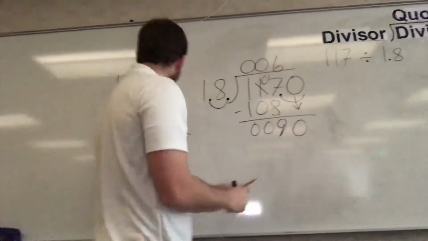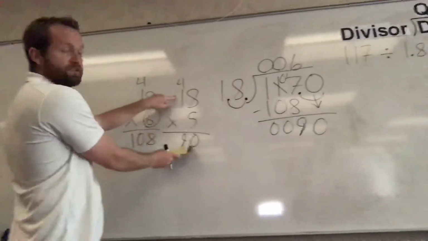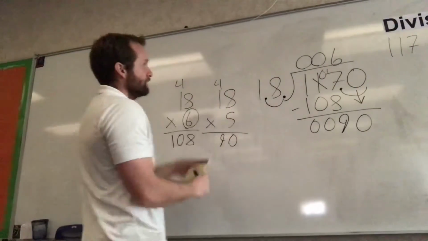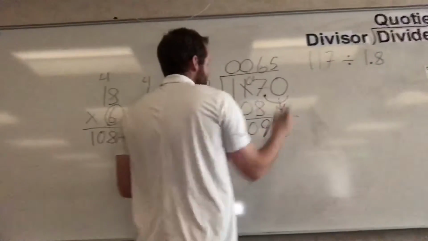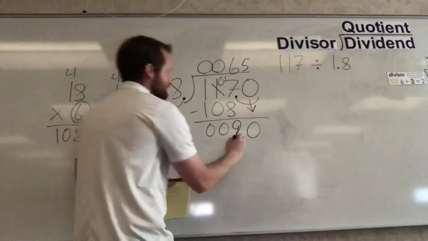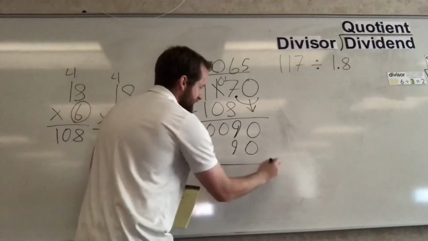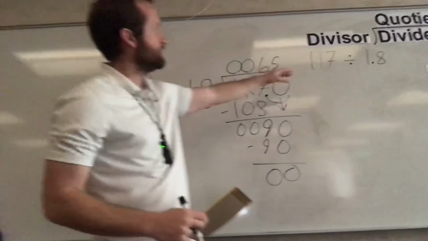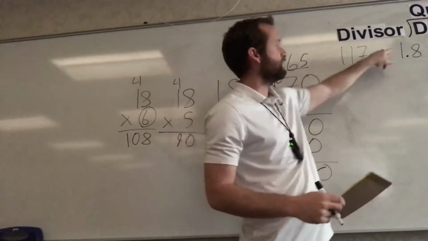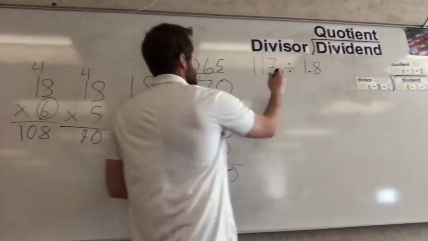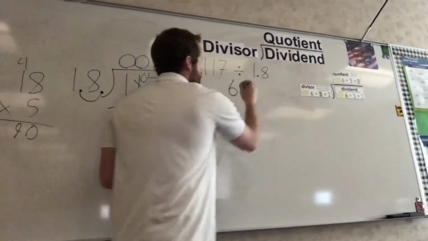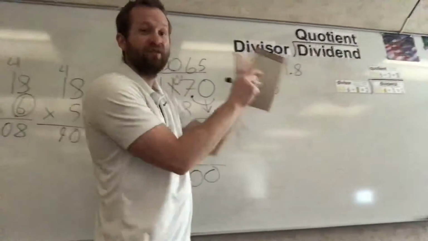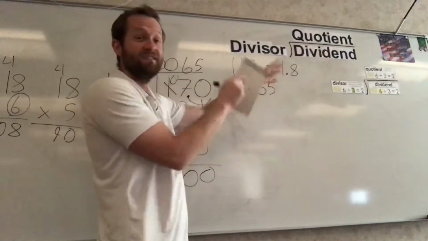Now, how many times? We did that earlier right here, right? 18 times 5 is 90. We found that a second ago. So let's plug it in 5 times. 5 times 18 is 90. We subtract, and we are left with 0. So 117 divided by 1.8 equals 65, which is basically saying that 1.8 is going to fit into 117 65